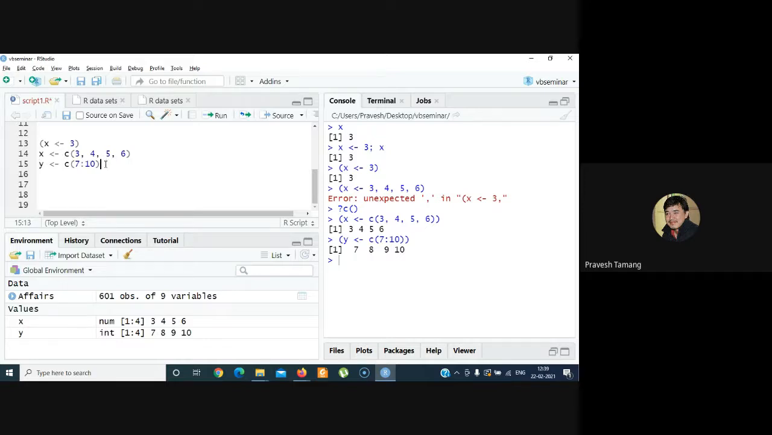So x contains four numeric values, 3, 4, 5, 6, and y contains four numeric values, 7, 8, 9, and 10. But I just want to again confirm whether these values are actually numbers. Why? Because sometimes what happens is, if I do this, this is not this one. If I do this now,